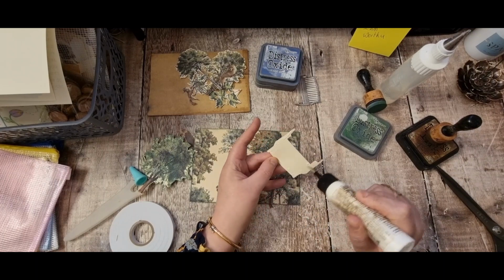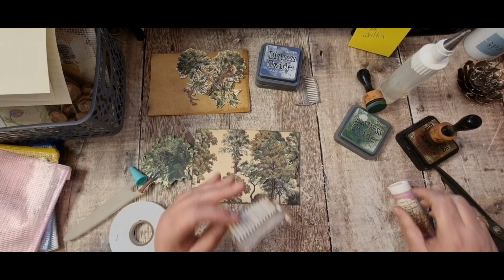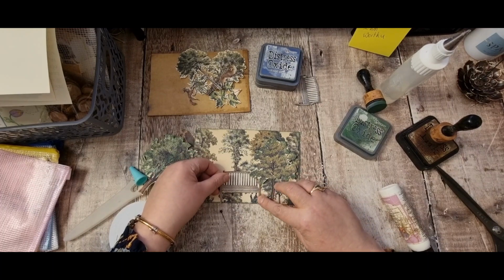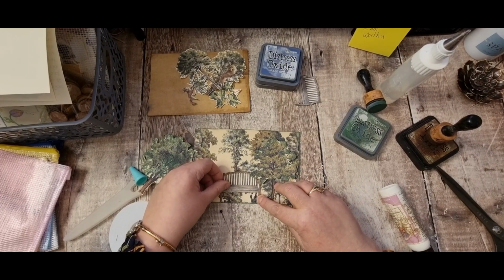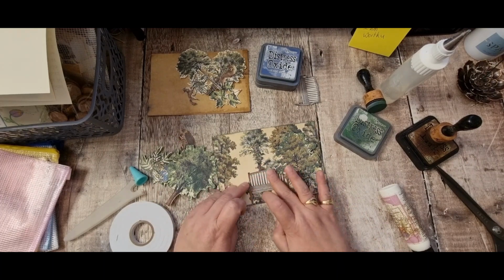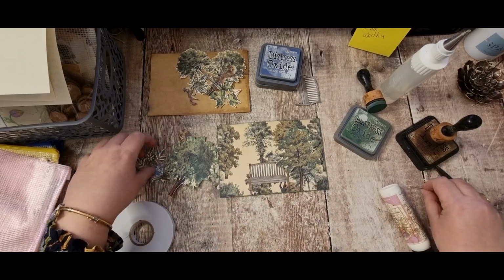So yeah, I might leave that, you know, at the front of my desk to remind me that I've got it. I think it'll be handy in this project. Okay, so that's in the back. Okay, and then